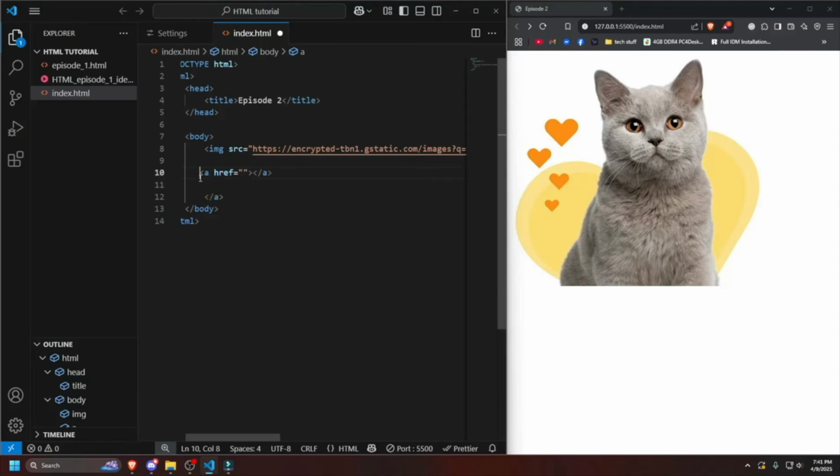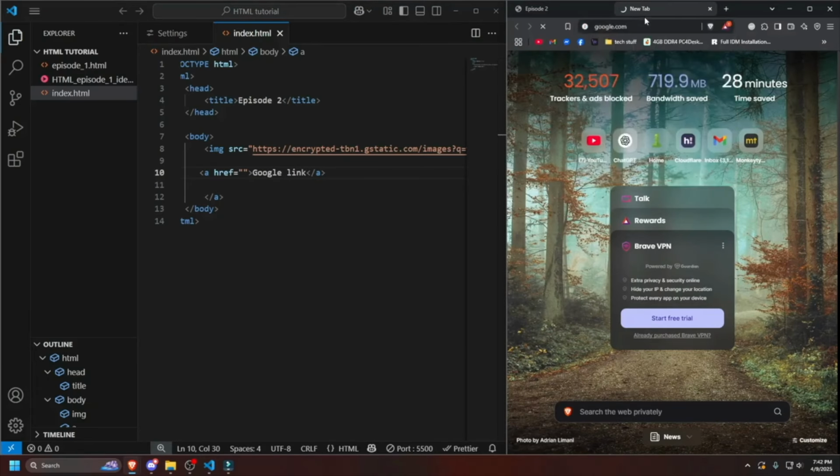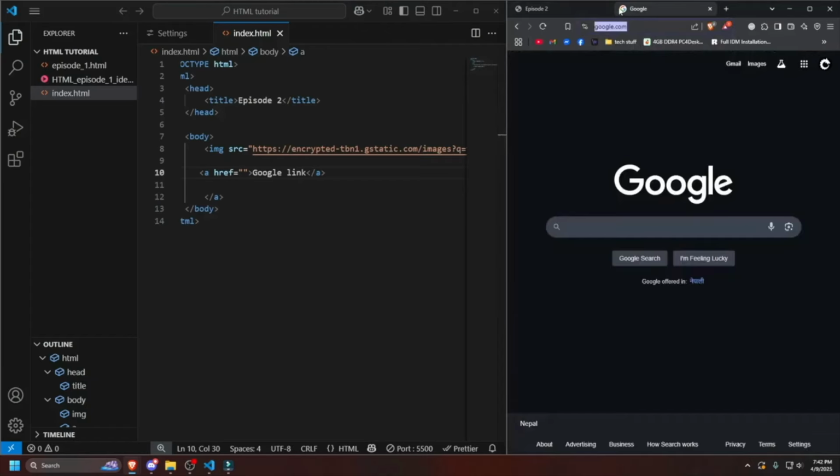So if I do that and just close this anchor tag, you guys might have noticed that it automatically made a closing anchor tag. This is the opening anchor tag and this is the closing anchor tag. It automatically made it for me. If it doesn't do it for you, then you have to manually make it. Okay. So inside this, let's say that we are giving a Google link, right? If I go to a new tab right here and search google.com, it will take me to this page, right? I can copy this specific URL. It can be any URL. For example, I'm just doing google.com. And if I copy this and paste it in our href attribute,